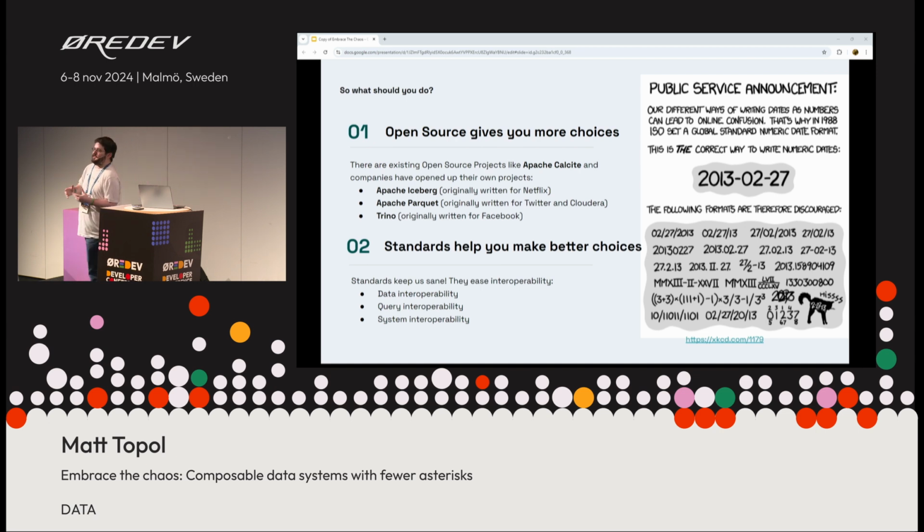So by utilizing these open standards, because vendors are going to try to lock you in. Vendors that create monolithic things often use proprietary instead of open standards, so that you can't compose new modules. And so you turn to things that are open source. You have projects like Apache Calcite, which will get you your SQL query parsing right out of the gate for you. You don't have to do any extra work. I mean, you do have to do some work to create whatever plan you want, but the actual parsing is right there. Or maybe you want to use Apache Iceberg for your storage, your table format.